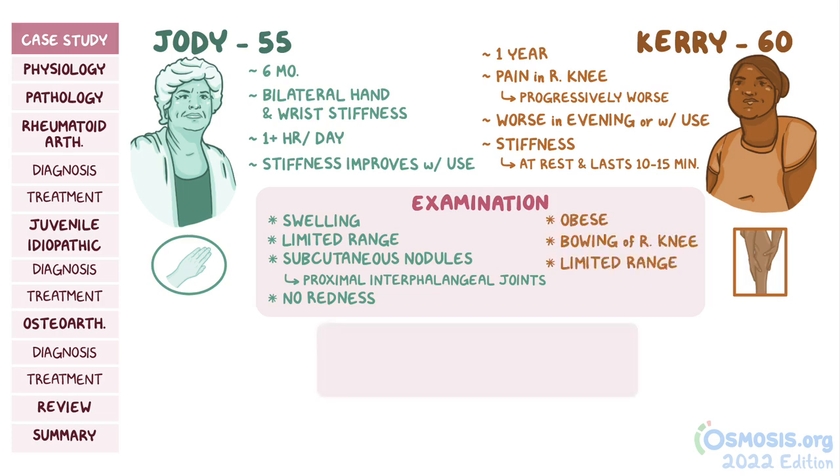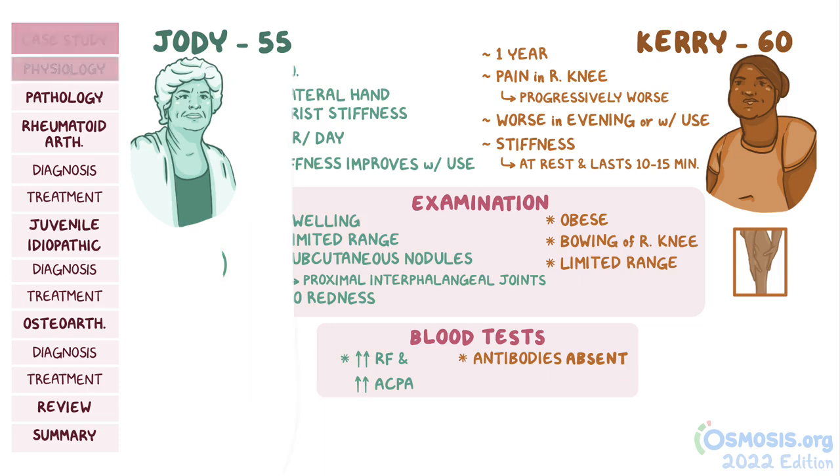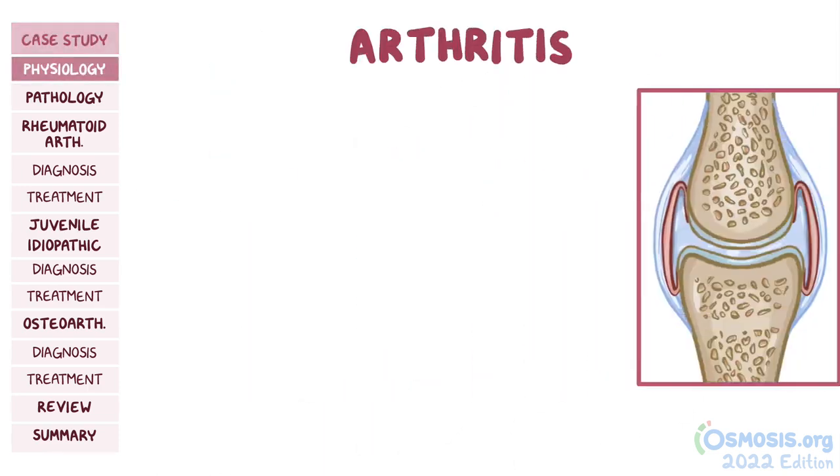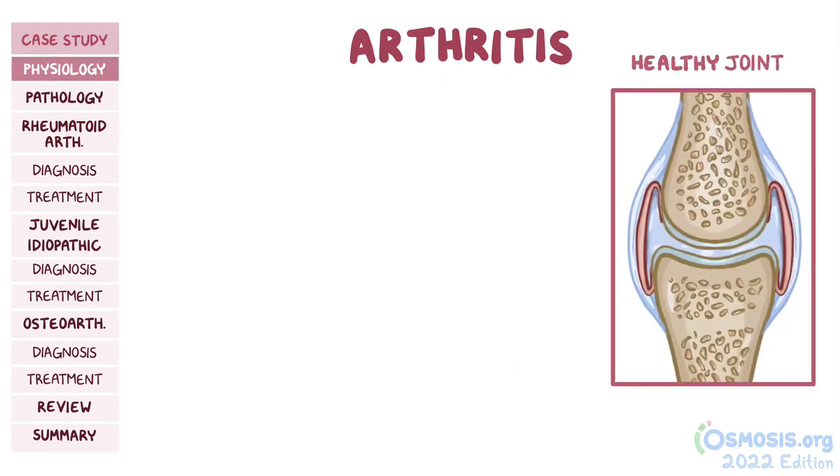Blood tests are ordered in both cases, showing in Jody's case high levels of rheumatoid factor, RF, and anti-citrulline peptide antibody, ACPA, whereas in Carrie's case, both antibodies were absent. Both people have arthritis. Now, a healthy joint usually consists of 2 bones, each with its own layer of articular